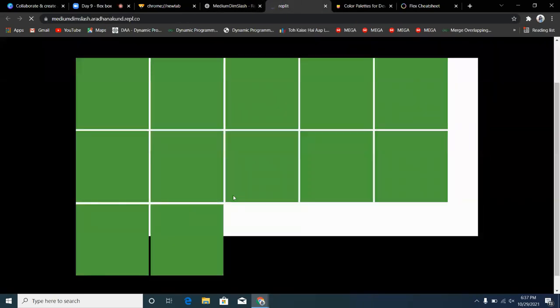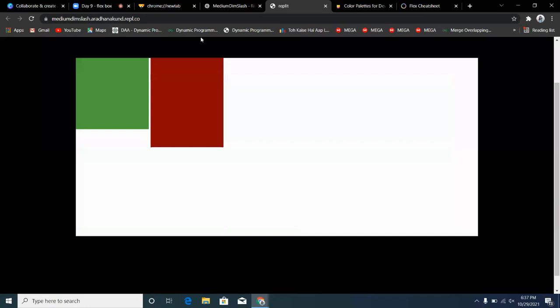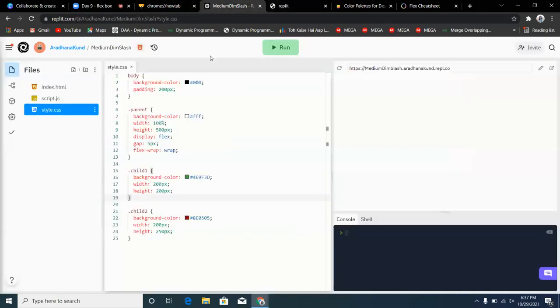Now what do I expect? I expect that there should be two elements, of different heights, so we can demarcate the difference between them.